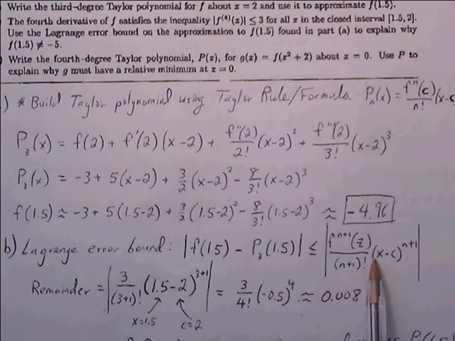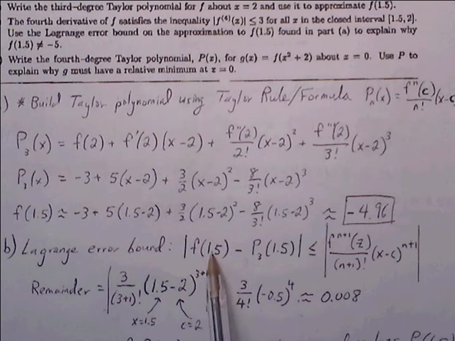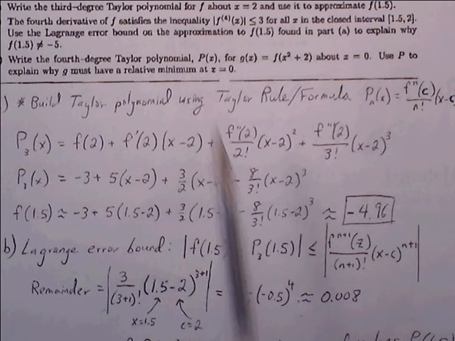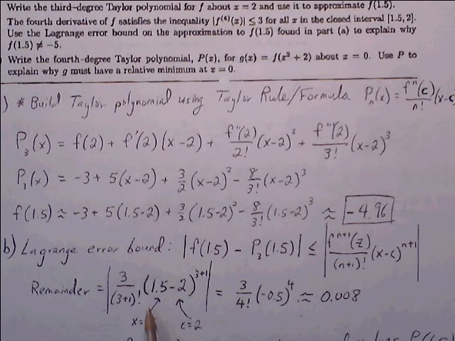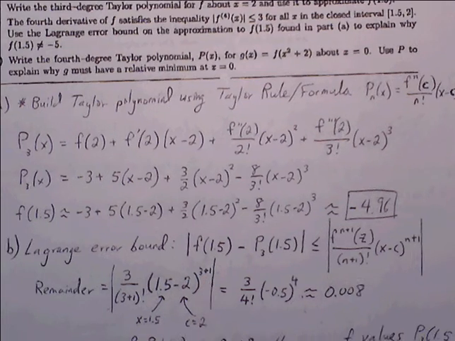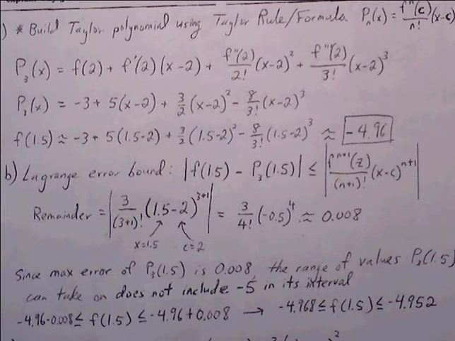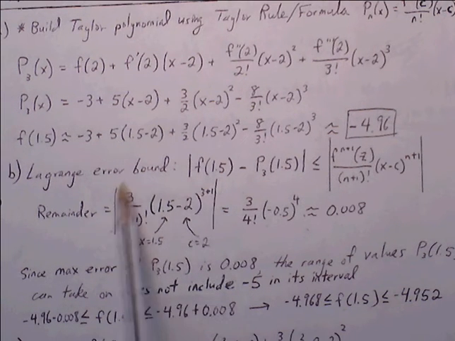The x in this is the value in question, which is 1.5, so 1.5 replaces x. The c is the center, which in this case they tell us is about x equals 2. So 1.5 minus 2 raised to the 4th, because n plus 1 is 3 plus 1, which is 4. So then the remainder, or the maximum error, is going to be whatever this value